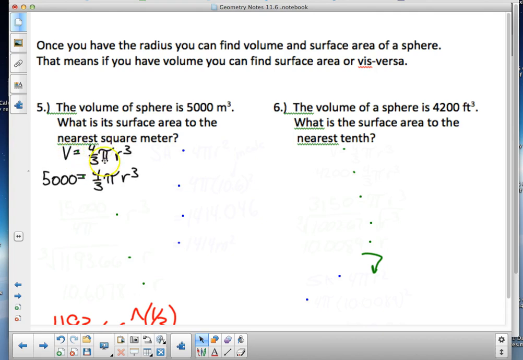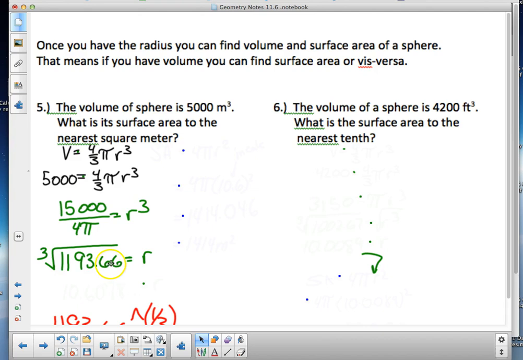Okay, volume is 4/3 pi r cubed. Now I plug in 5,000 for V, and I'm solving for r cubed. So I'm going to multiply by 3 over 4 pi to clear out the fraction on the right. In doing that, I really divided by 4 pi over 3. I have the result of 15,000 divided by 4 pi. I put that in my calculator, and I come up with